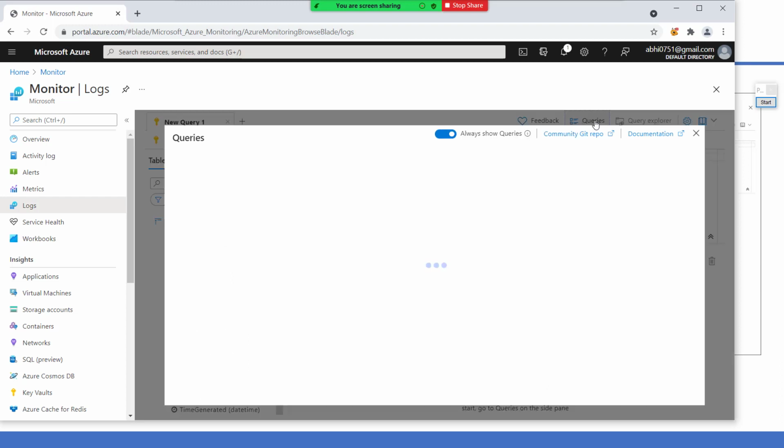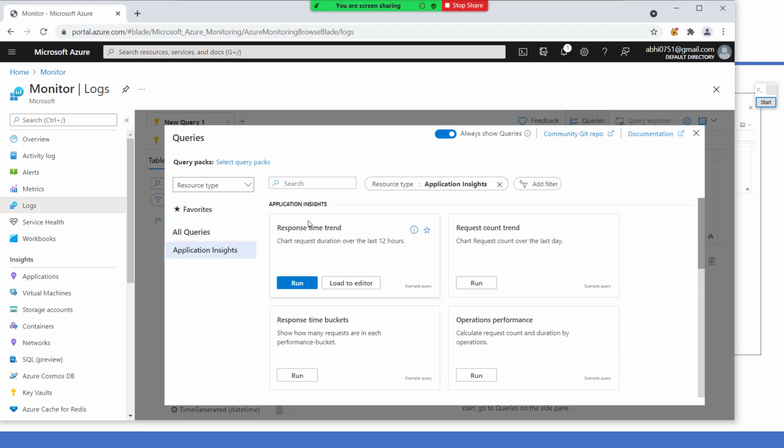If you would like to see some custom queries, you see that it looks like SQL, but this is not SQL. This is called KQL, Kusto Query Language. Kusto Query Language is a proprietary language Microsoft used to process their big data clusters' data, right? But now they have opened it for the general public also.